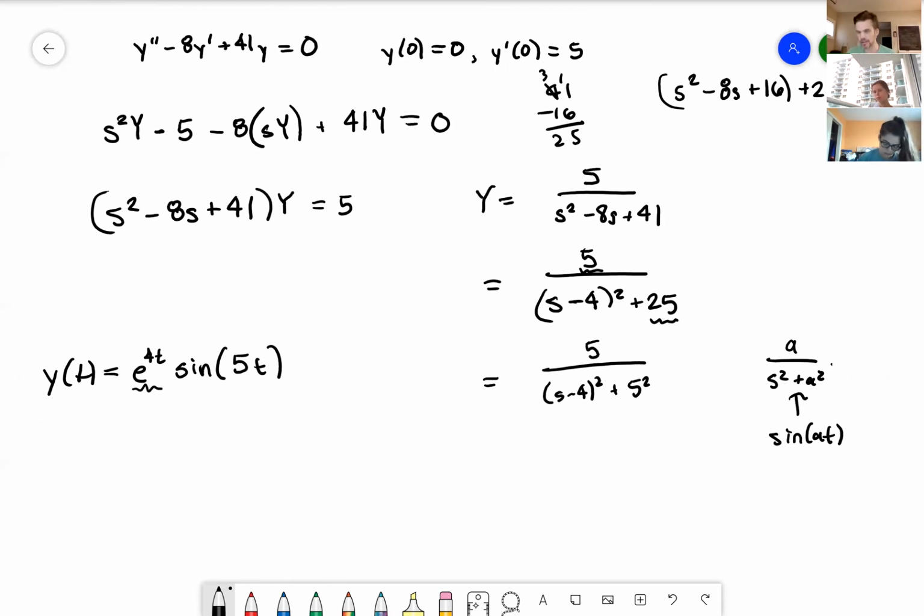So the trick here is completing the square, and then you can use that shifting, not on the t line but in the s plane, to get the same kind of result. That's kind of interesting and unexpected that we do get this, but we have this shifting corresponding to multiplication in both directions of the Laplace transform. So it applies to the Laplace transform and the inverse. It's kind of interesting. Anyway,